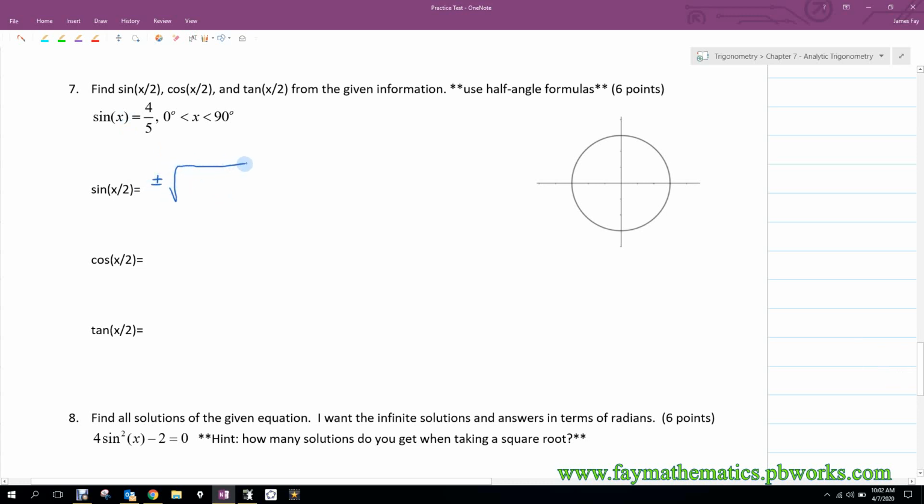For sine, it's 1 minus cosine x over 2. For cosine,